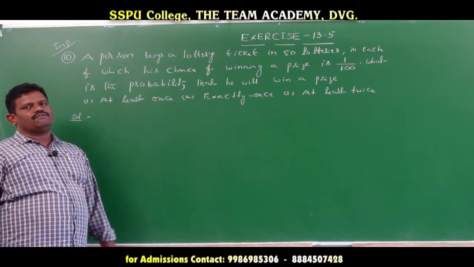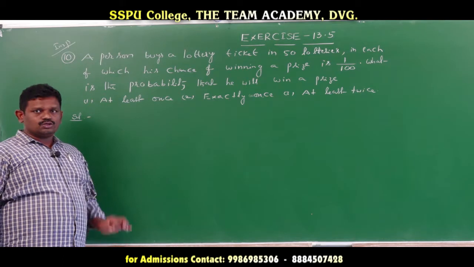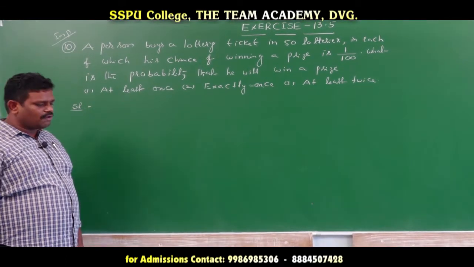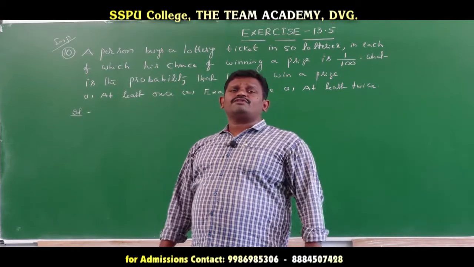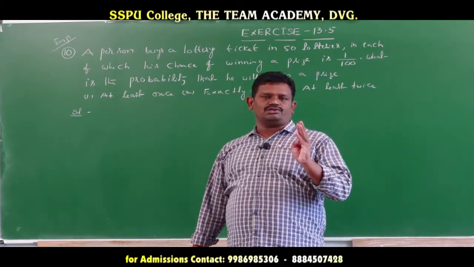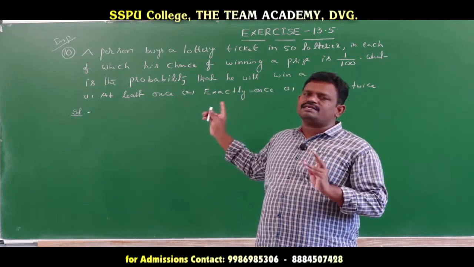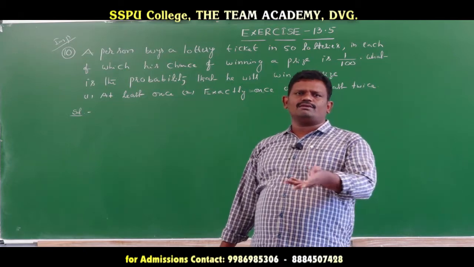So, 3 cases if you want to find out the probability of winning the prizes, the chances. Okay? So that's why we have taken 3 unknown variables, parameters. N is equal to the total number of lottery tickets, how many times you buy the lottery ticket, meaning 50 lotteries. So N is equal to 50, P is equal to 1 by 100, and Q is equal to 1 minus P.